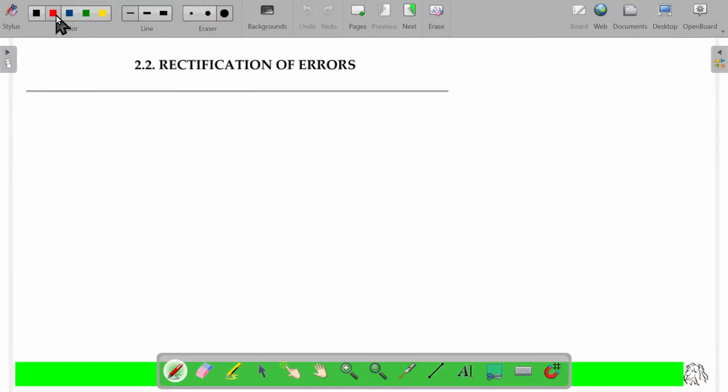Rectification of errors will involve finding the errors. Second step, when do you find the error? Based on that, you can now pass the rectification of errors in the third one. So that's also a